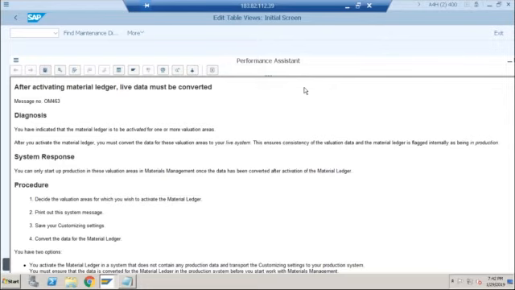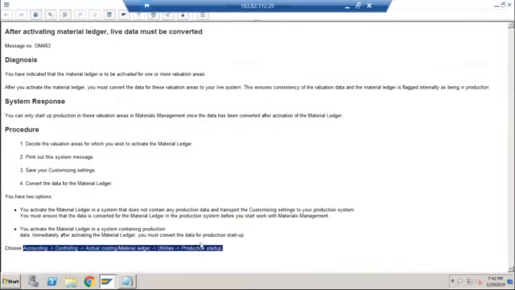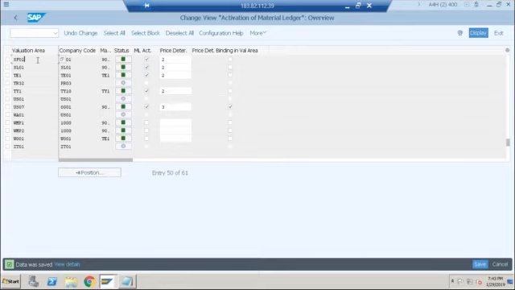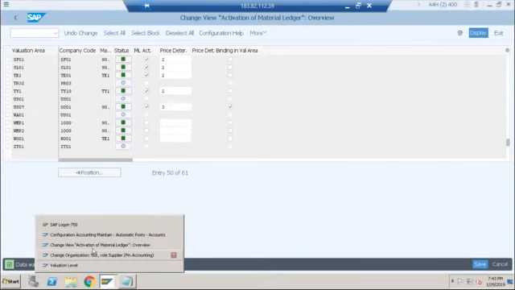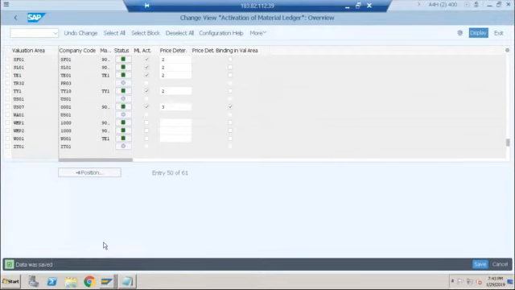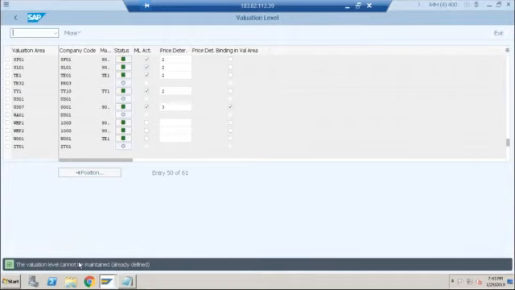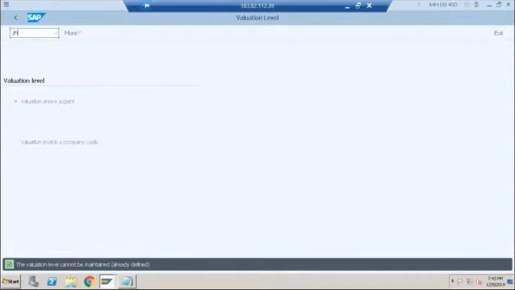So now your material ledger is active for this plant, but the system gives you the information that although the material ledger is active, you still need to perform one activity. What if you don't perform that activity? What if I keep it here itself and now I go to MIGO? I am just trying to show you the errors, because then you will know what is wrong whenever you are working in your system. So if I go to MIGO now,